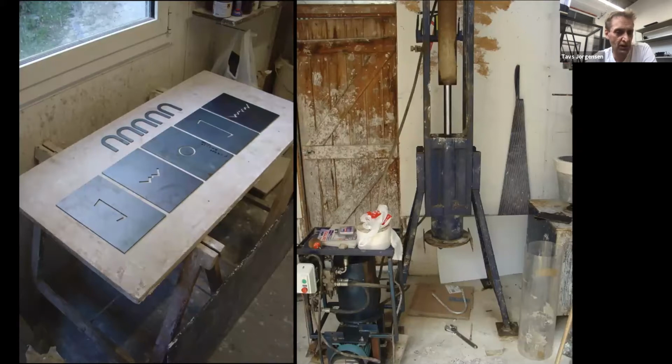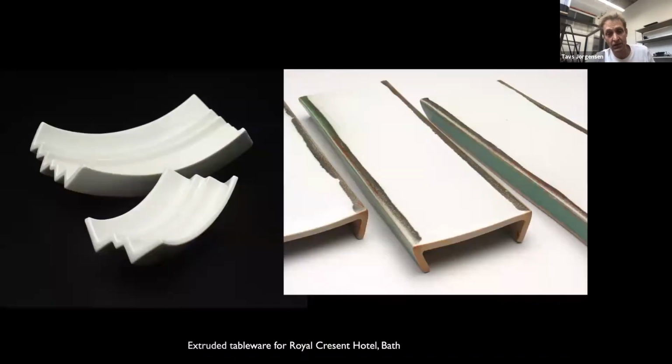Otherwise, I think part of why it's underutilized is that making a die or a profile is kind of labor intensive, and you don't want to sit there and file away on a piece. But laser cutting can be done quickly and cheaply, and you can do some shapes straight away. So I did a series of pieces, actually a complete dinner service for